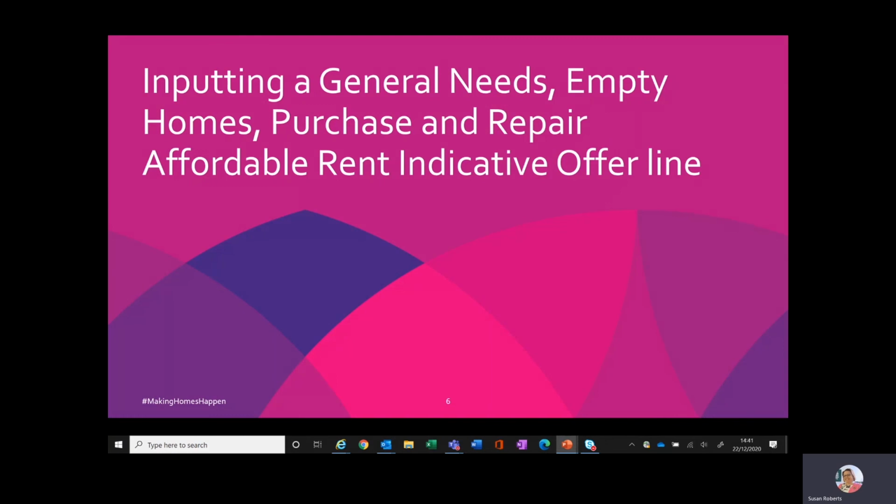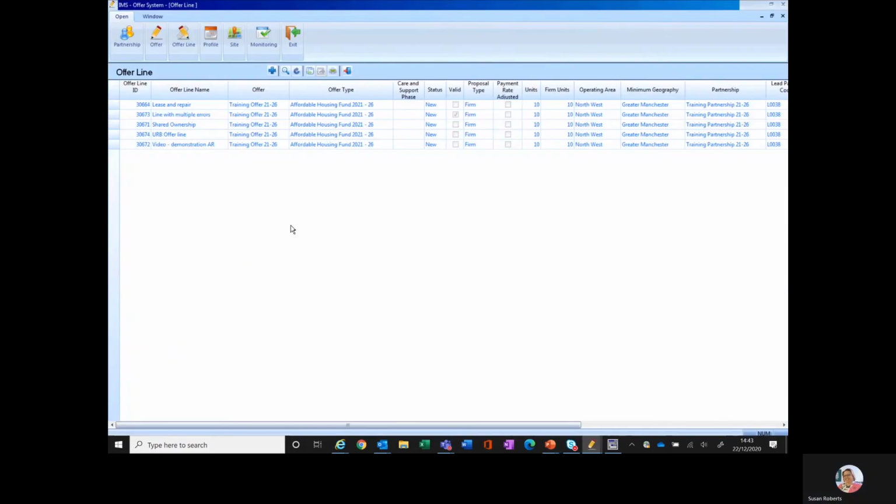So next I'm going to take you into IMS and I'm going to look at inputting a general needs, empty homes, purchase and repair, affordable rent, indicative offer line, and then I'll look at the differences on other lines. So I'm back in the offer lines part of IMS and I'm going to start now to add that indicative line. So click on the blue plus again